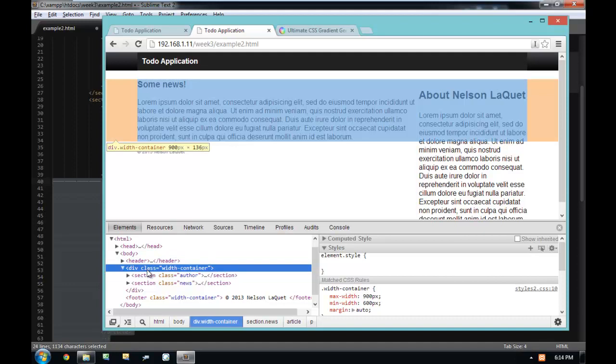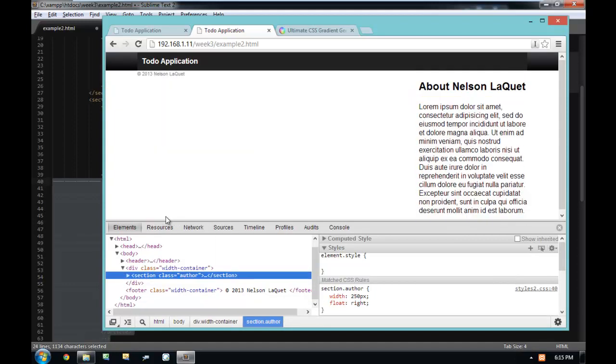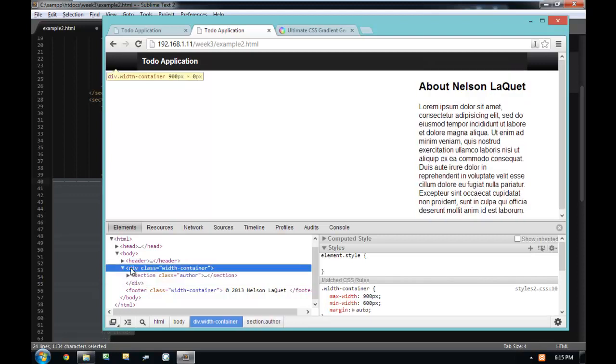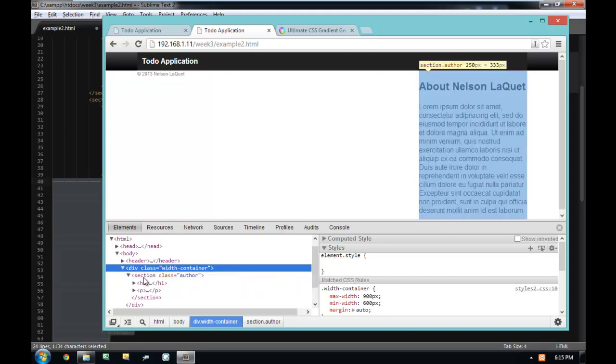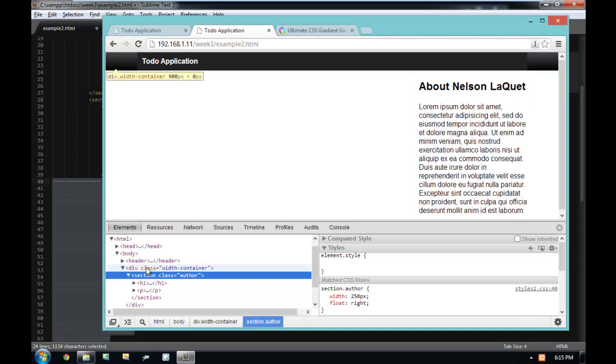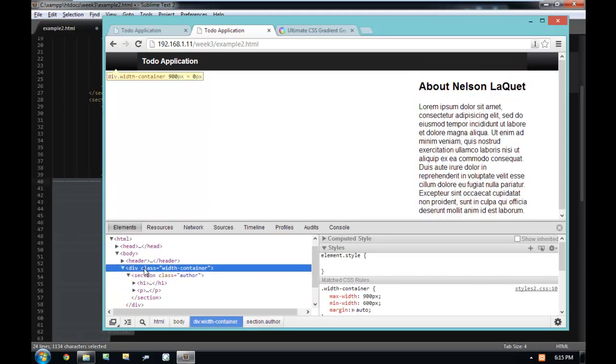In fact, if I was to go into my news section and right-click on this and say delete node, guess what? My width container right here has a height of 0 pixels, even though it has a section class author inside of it that has a height of 250 pixels. It's because the width container doesn't use floated elements to calculate its height,